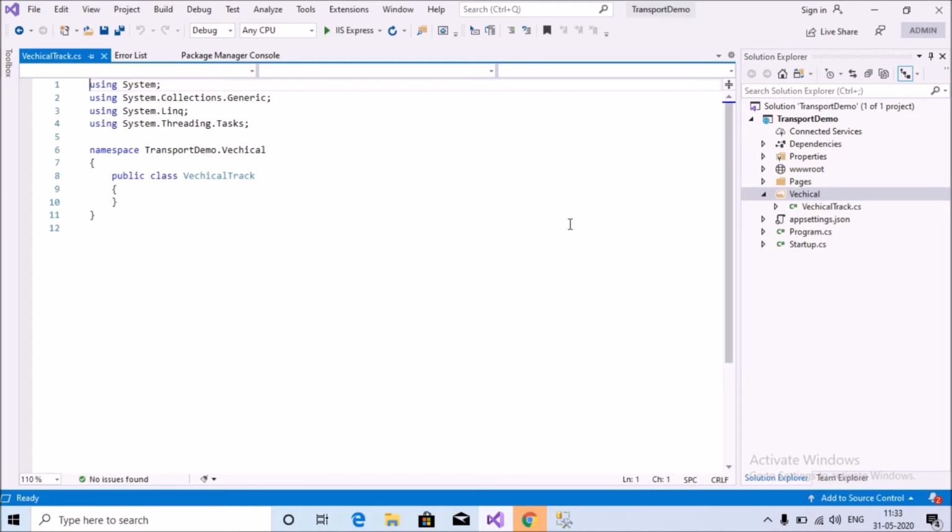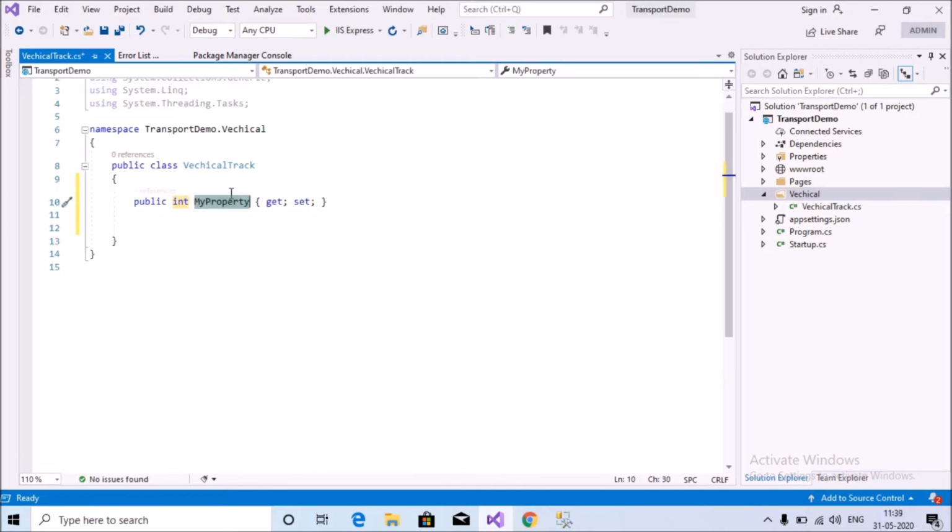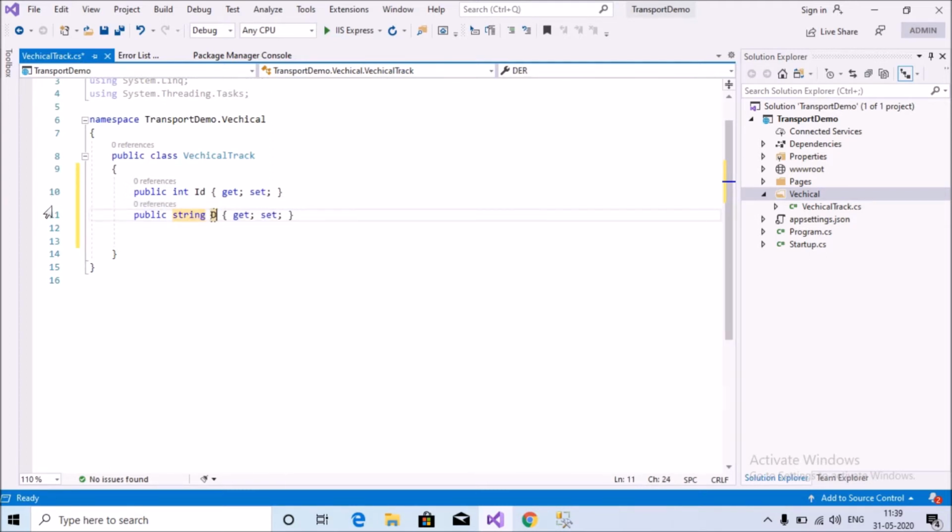In this class add some properties here, like that, and a second property like that, string, driver name,